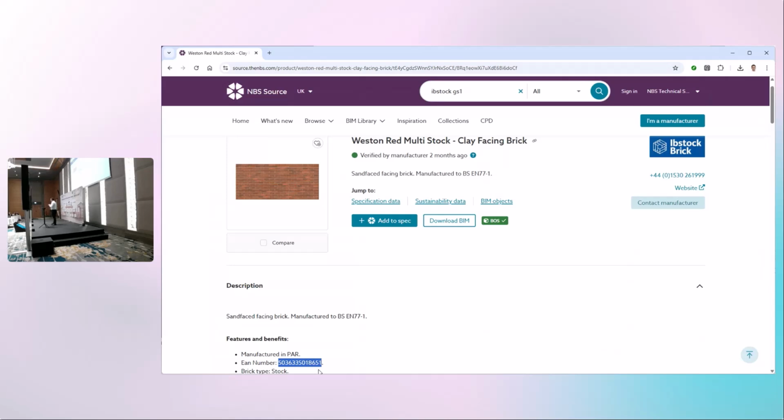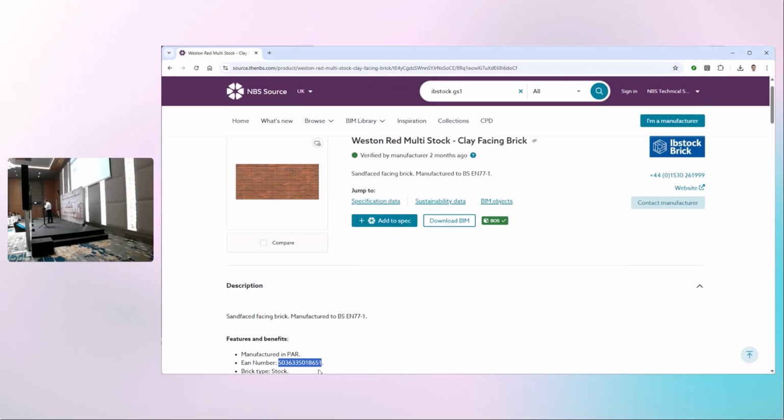So how the collaboration started: they noticed that some of the manufacturers started to capture the GTINs in the description of their products on NBS Source. And that was when we started to collaborate and told them that this actually helps the designers to find the product that they want to put in the model as well.